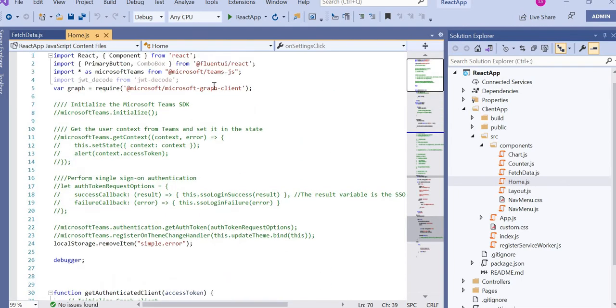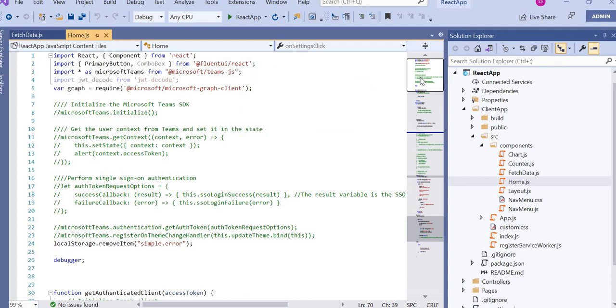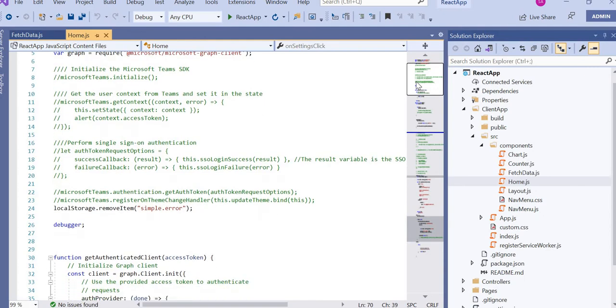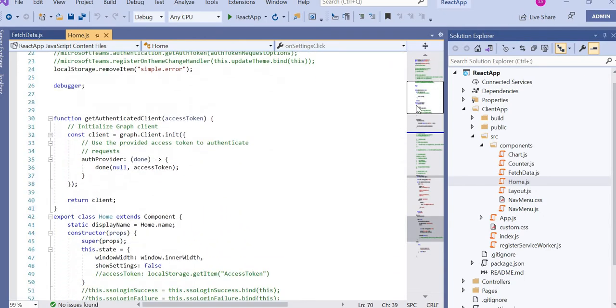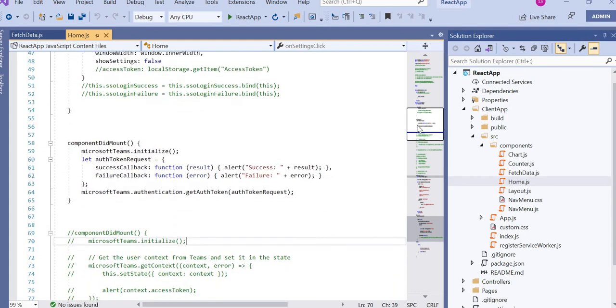the Teams.js library and the React library. This is a single page application, so we have JavaScript code over here. In the component did mount method, we are initializing Microsoft Teams and calling Microsoft Teams.authentication.getAuthToken and passing the request.